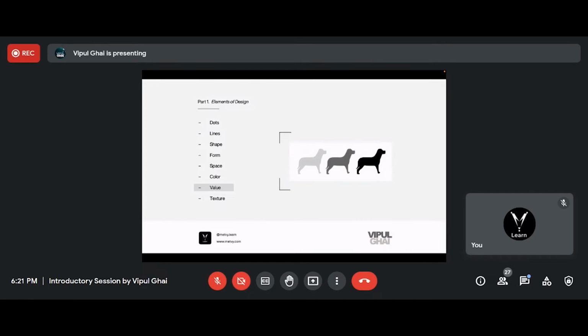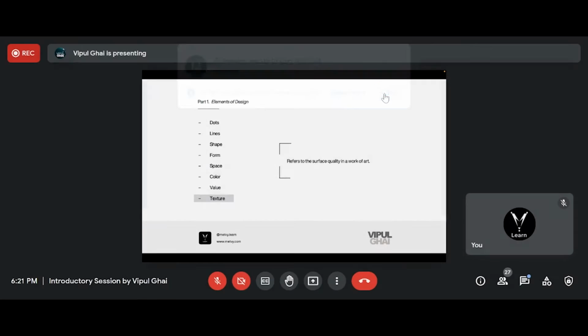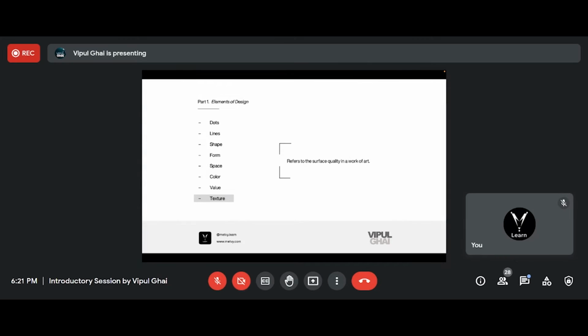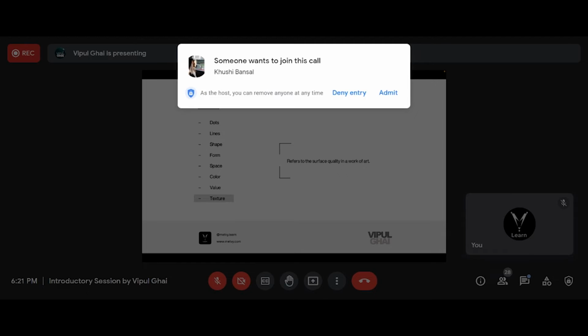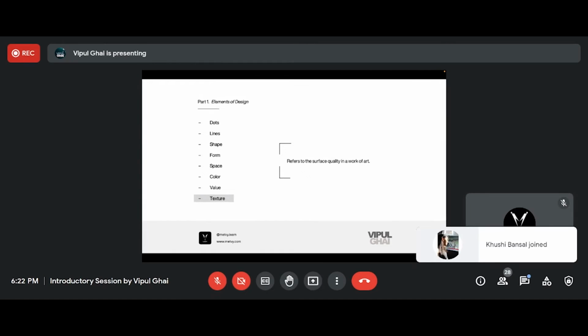Then we come to texture. Texture is basically surface quality in the design world or in the world of art. But why is this important as an element? Because once you understand a texture properly, let's consider the bark of a wooden tree, the texture of that wood.